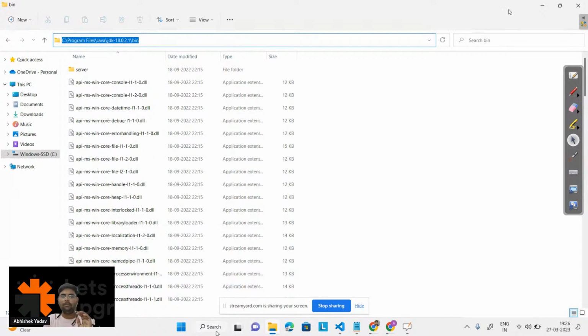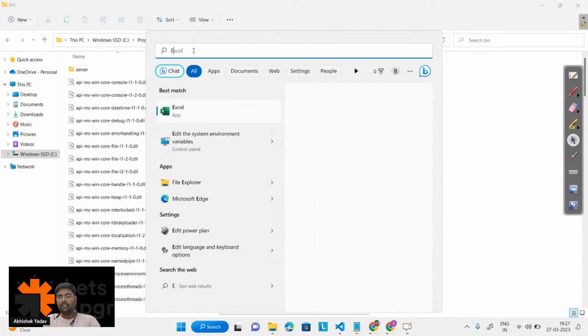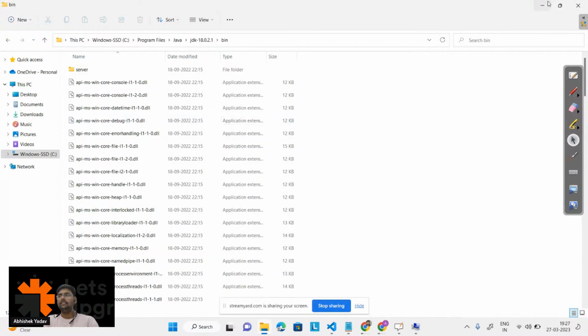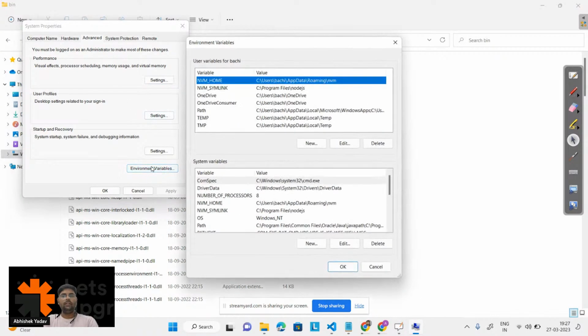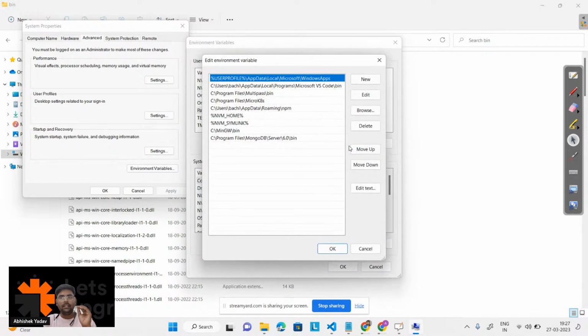So how will you set that? Go to the search. In the search, type edit the system environment variable. Go to edit the system environment variable. From here, go to the environment variables option. The moment you click on environment variables, you will get this pop-up, and from here select Path. Click on edit, then click on new, and paste the path